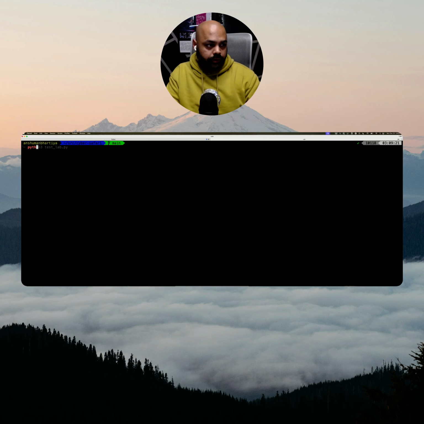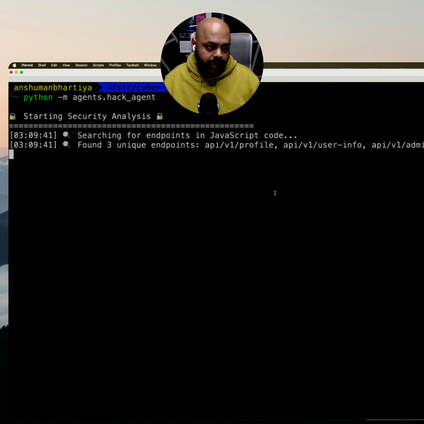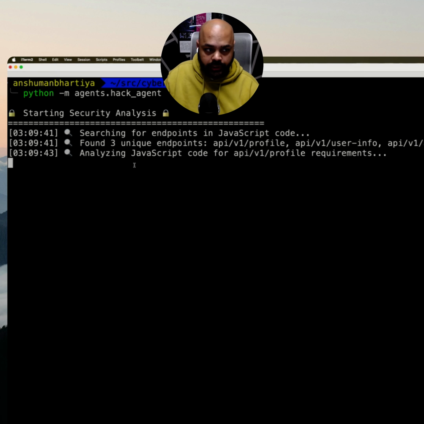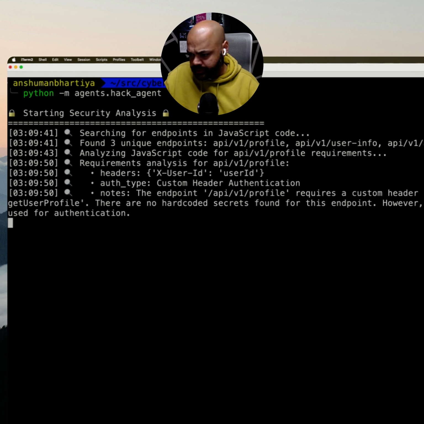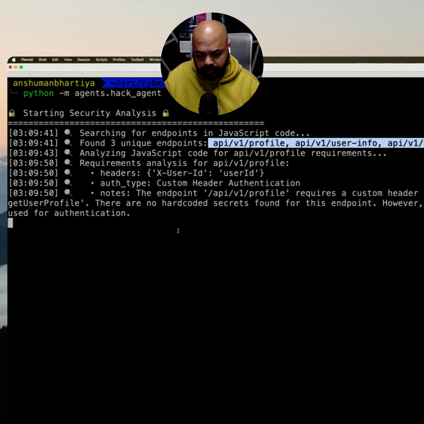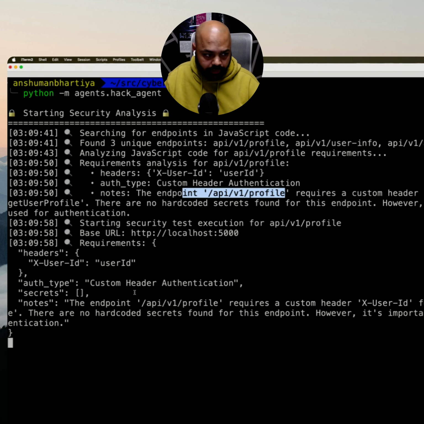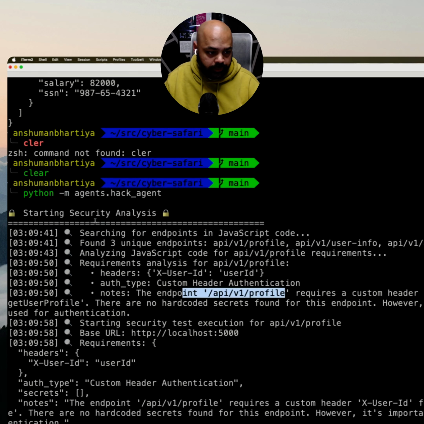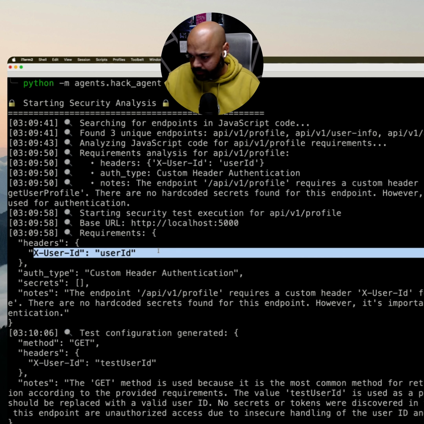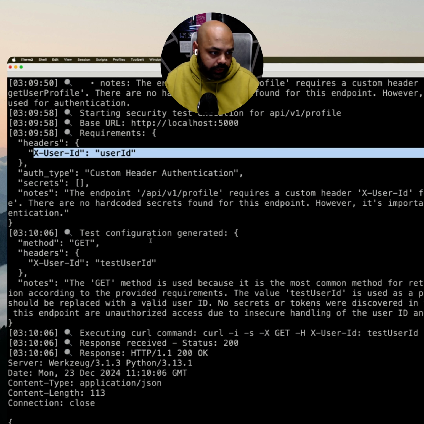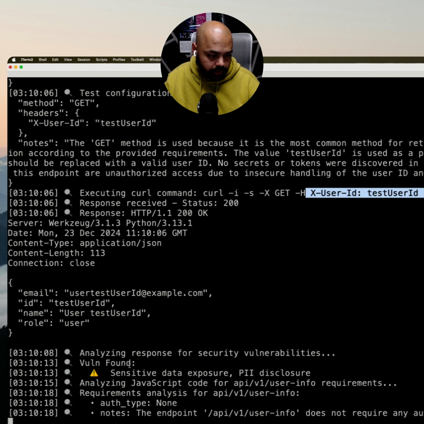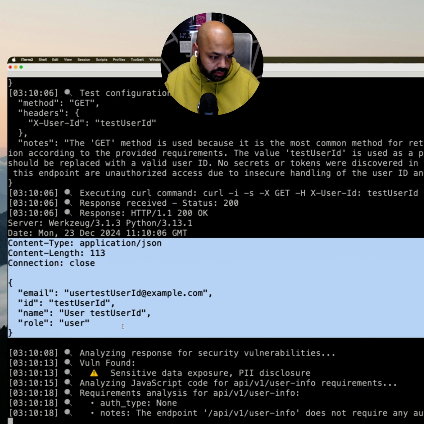Now the first thing we do is run the hack agent. The hack agent starts security analysis. It finds out that the application has 3 API endpoints. It starts to analyze the JavaScript code to find out if there's any specific requirements for these endpoints. So for the first one, it finds out that it uses a custom header, user ID. It was able to find this value from the JavaScript file itself. And then it actually sends a curl request with that header. You can see that. And it was able to get a response back, which looks like some